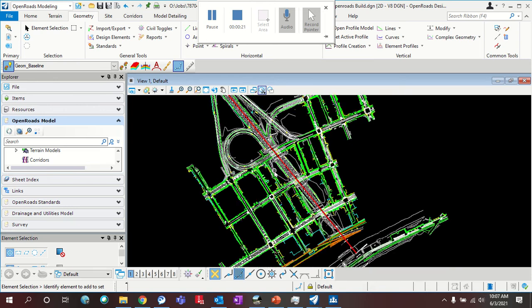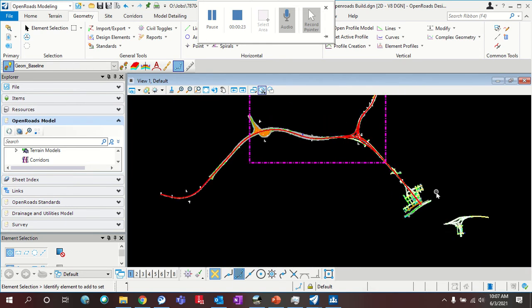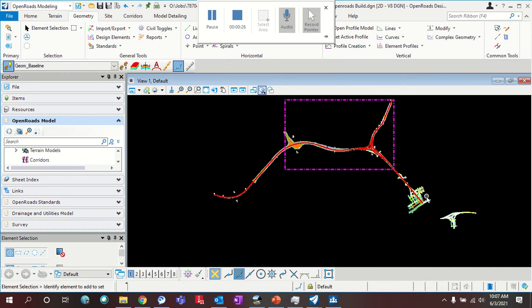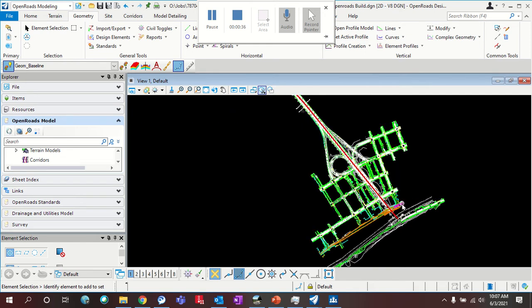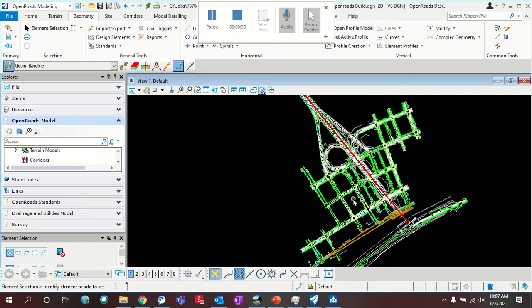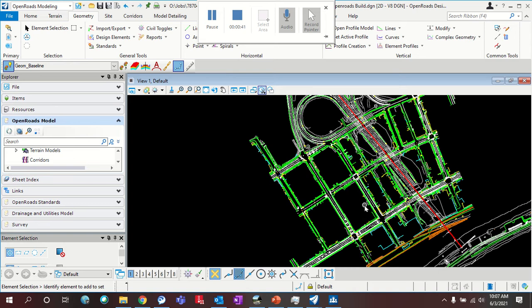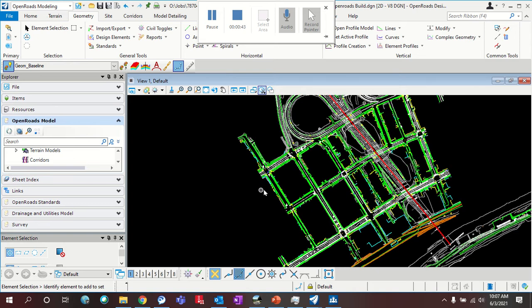So to start off, this is our project file. In part one, we discussed how to set up the project file with the line work and with the existing terrain files that will be provided by the roadway team. And we went through where to find them and what information you needed. So for this, we're going to be creating the horizontal and vertical alignments for this street right here called Market